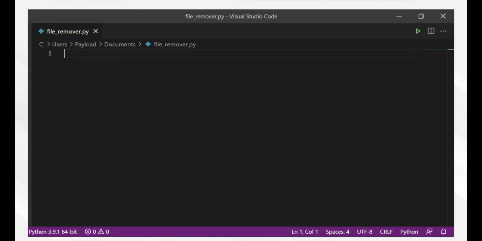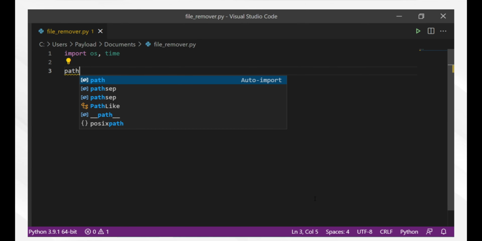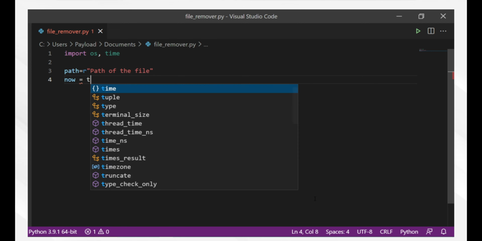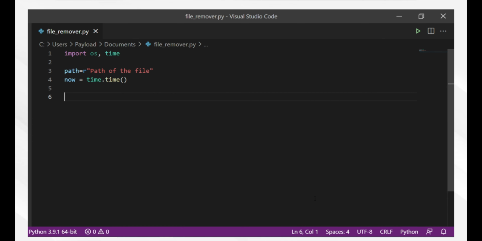Accessing files. Most jobs require you to sort files or manage files or even delete files with a predefined syntax, where I myself need lots of time. In this case, I am going to remove the files that are older than 2 days. The OS module in Python provides functions for interacting with the operating system. The time module gets the present time.